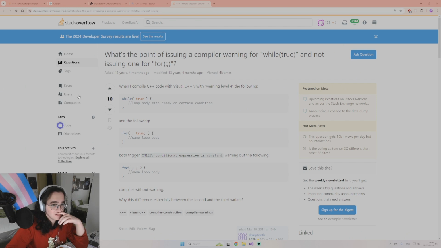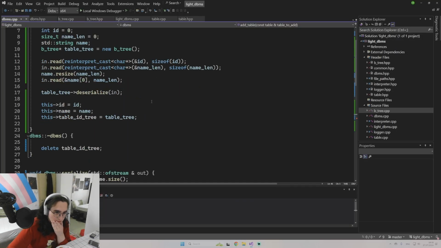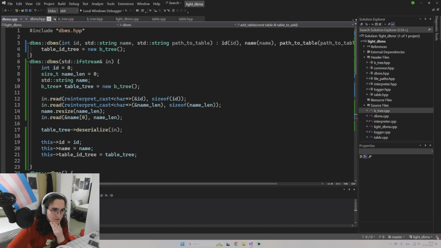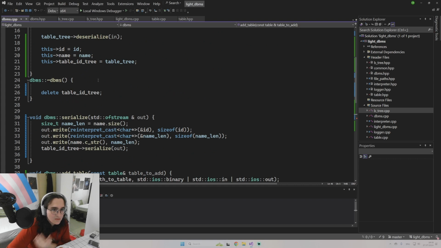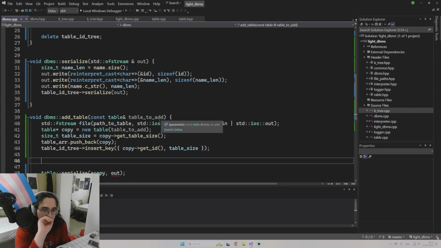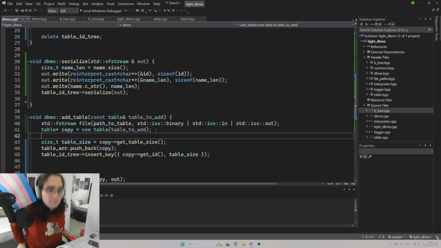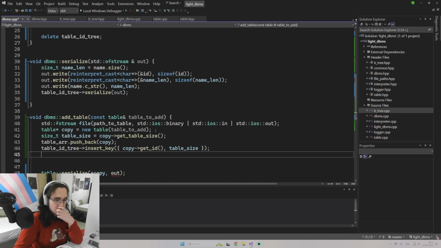Now, back to what ChatGPT told me. Oh, wait. Right, so the way I'm inserting the... Where is it? Yeah, here. So, insert, add table, serialize, add table, right? So add table. And now I need to find, and yeah, here. And to find its position. So copy the table size, insert key. Right, and after inserting,